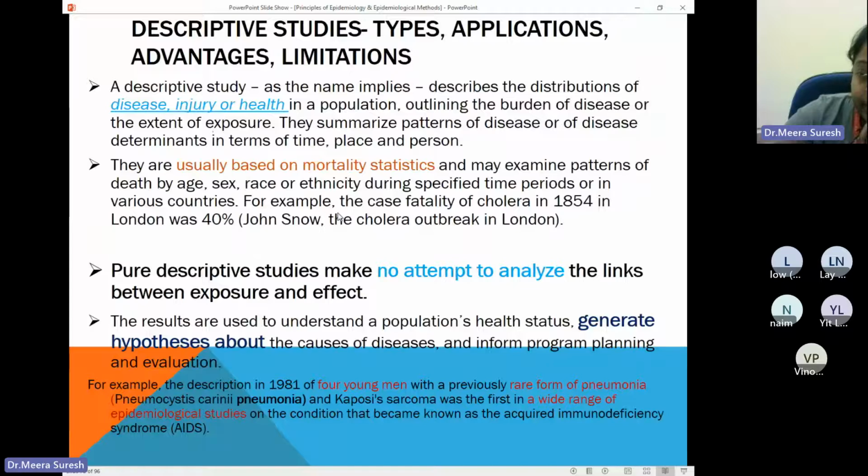That's why I said, when we start a research question based on tuberculosis, HIV, whatever, we explain the population, and we start with the mortality, with the crude death rate, and then go towards the specific death rates, the age specific, the gender specific. So everything usually starts with the mortality statistics, how this disease is affecting. Only the mortality rate gives us the primary clue how dangerous this disease is. Otherwise, if a disease is there but it is not causing much mortality, we need not worry about that disease.